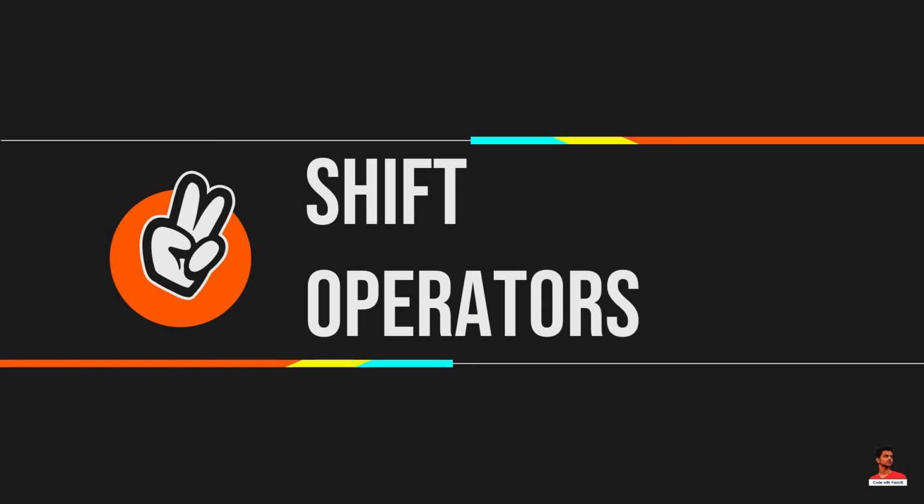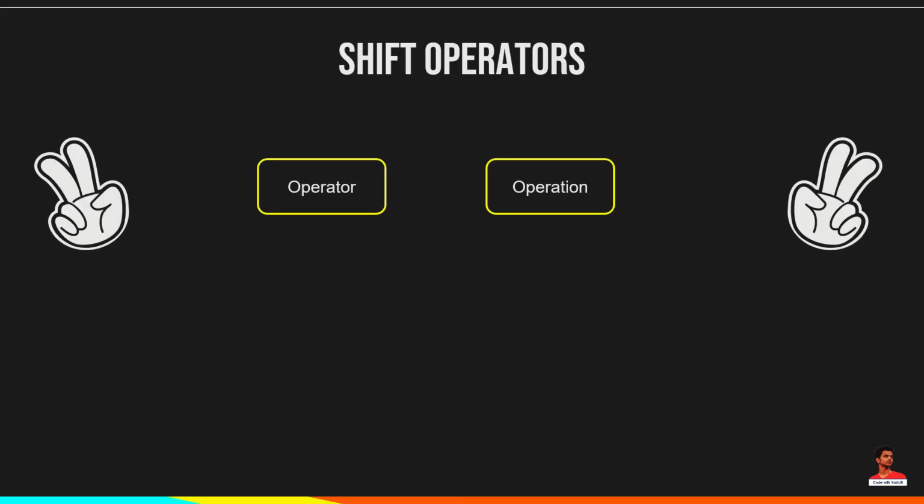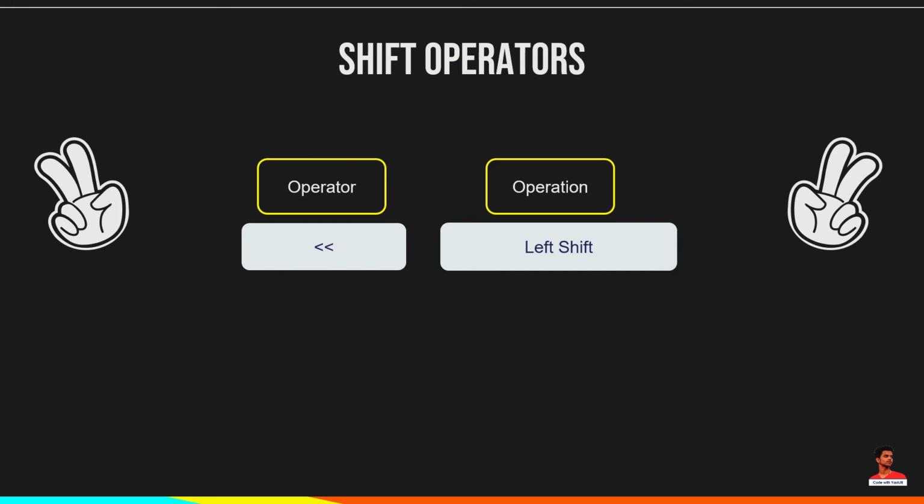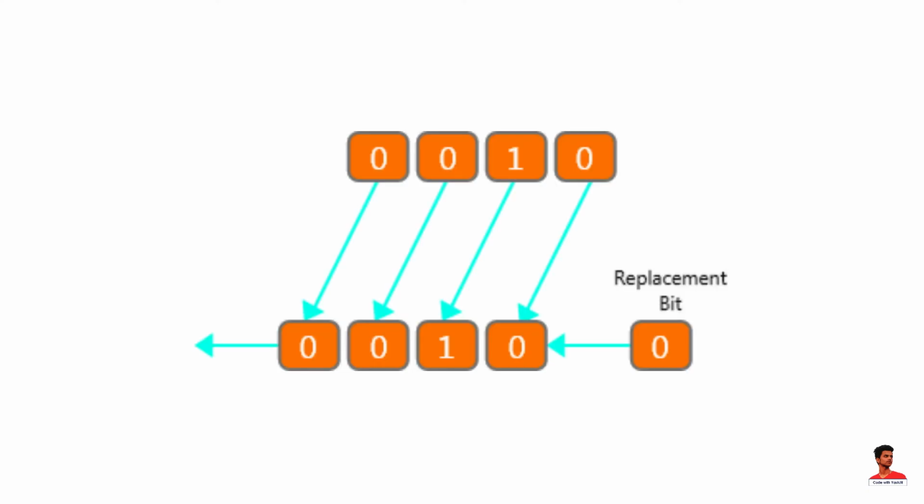The left shift operator shifts all bits towards the left by a certain number of specified bits. As we can see from the image, we have a 4-digit number. When we perform a 1-bit left shift operation on it, each individual bit is shifted to the left by 1 bit. As a result, the leftmost bit is discarded and the rightmost position remains vacant. This vacancy is filled with zeros.